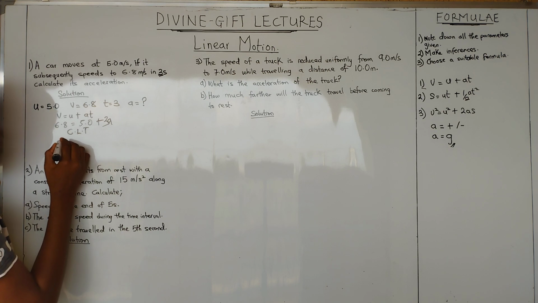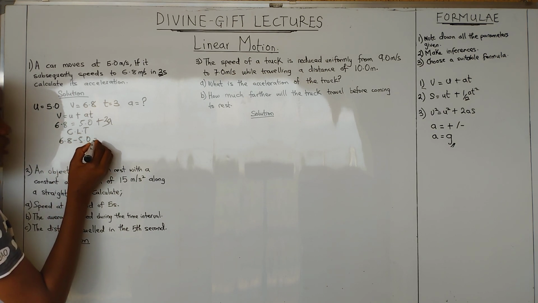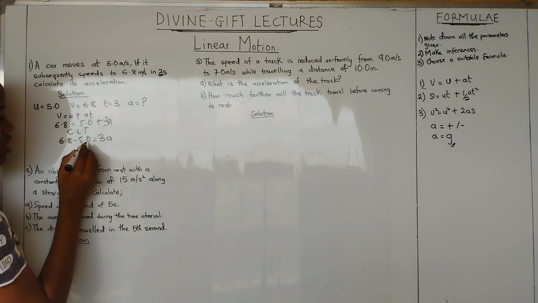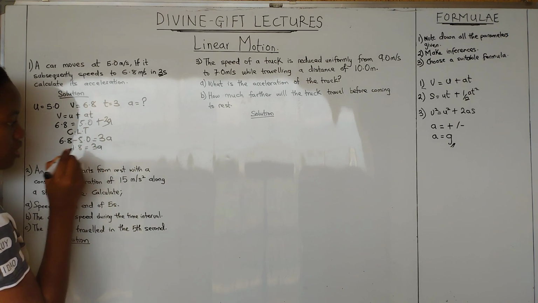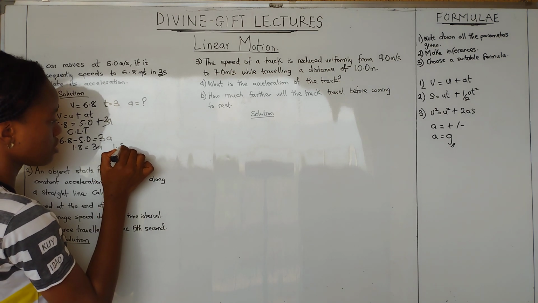We bring 5 here and it becomes negative. 6.8 minus 5.0 is equal to what? 3A. 6.8 minus 5.0 is 1.8, which is equal to 3A. Divide both sides by 3 to leave A, and that will give us,